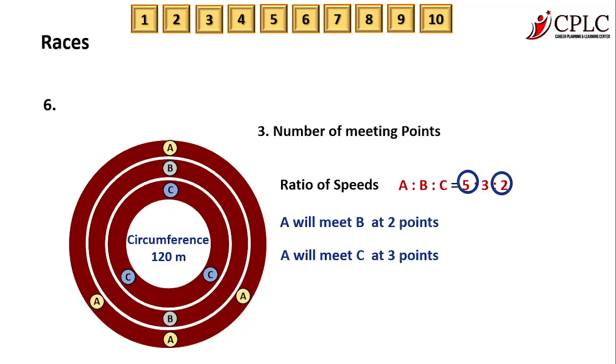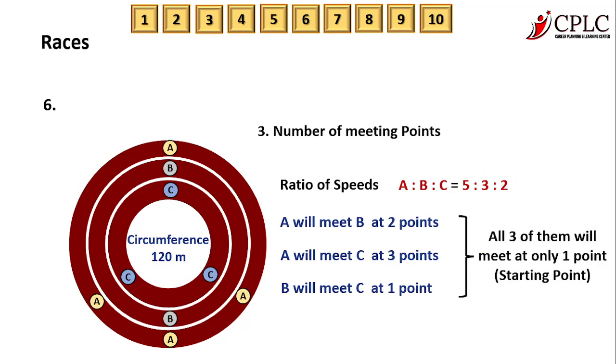Of course, the last meeting happens at the starting point. And the middle part, that is B and C: B and C will meet each other at only one point, and that means all of them will meet each other at exactly one point. And this is how you figure that out. So with three runners or more than three, you have to do two at a time to get the idea. Since we have already got the answer that overall they are going to meet only once, which is the starting point again once the race has begun.